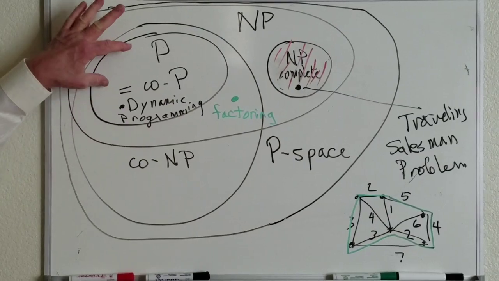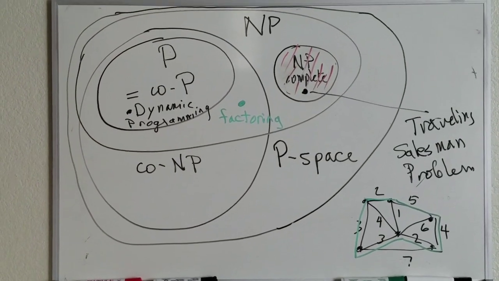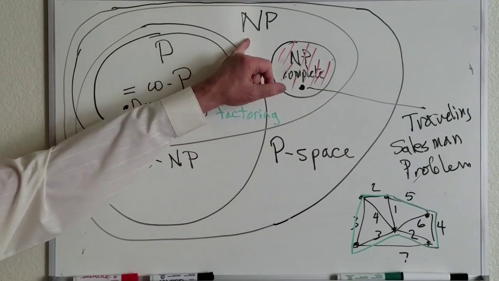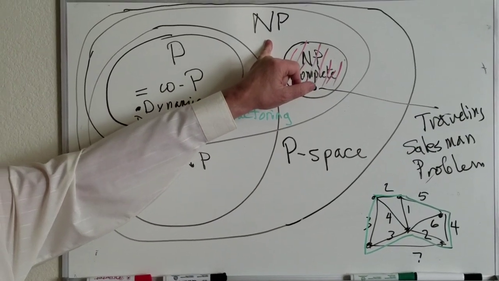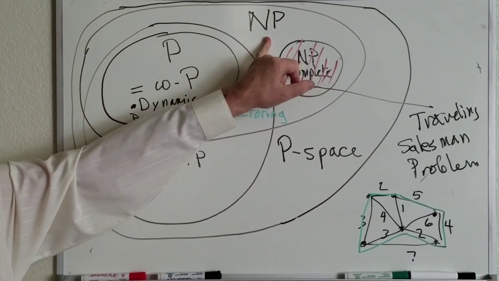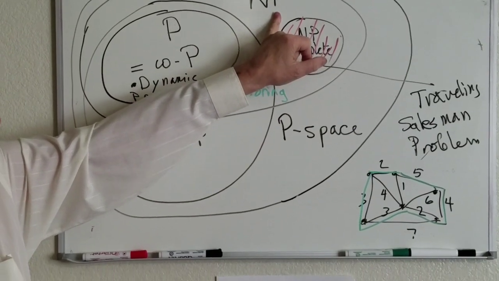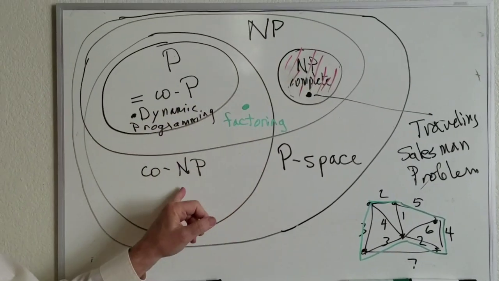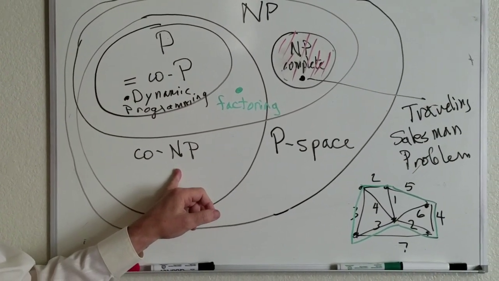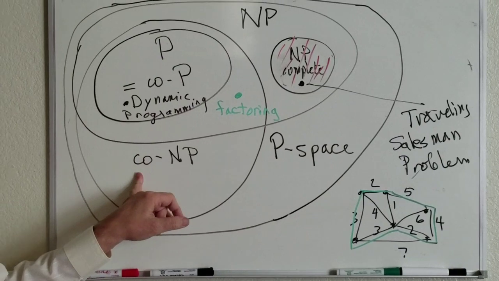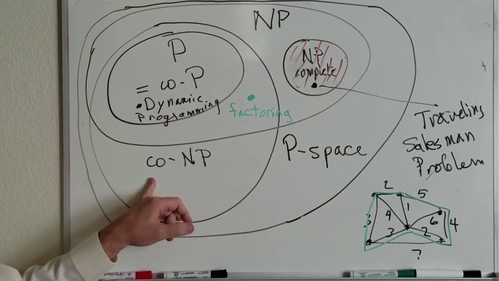But these are, of course, the same class. P equals co-P. NP is all the languages which are accepted by some non-deterministic machine with, in the best case, polynomially many steps. And its complementary class is co-NP, and if P is not equal to NP, then these two classes are not the same. So co-NP is out here, and